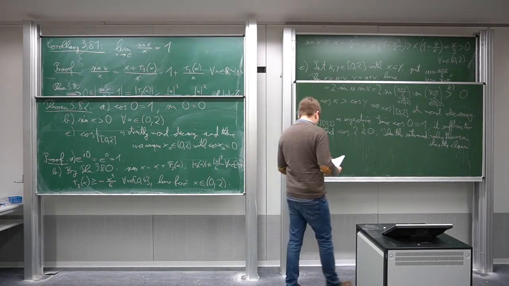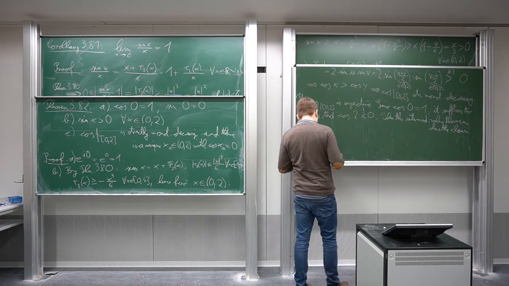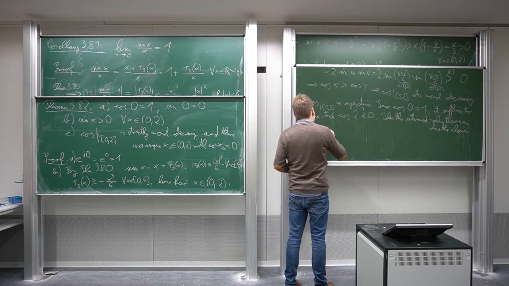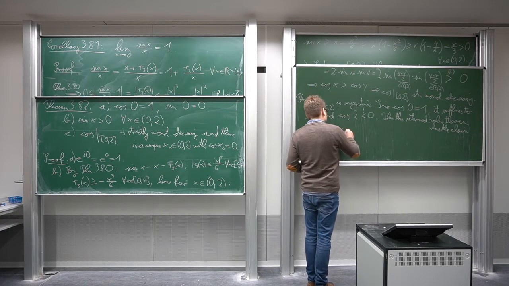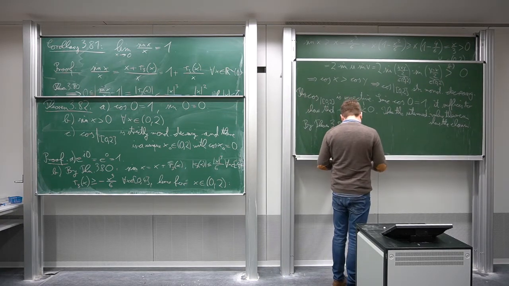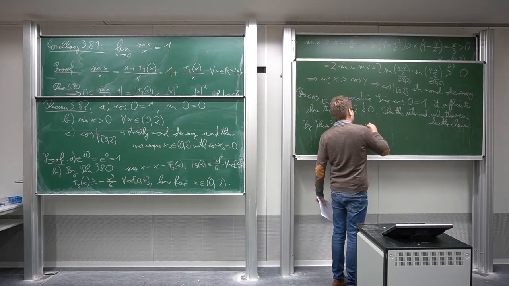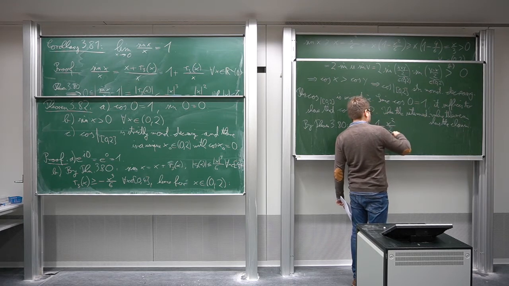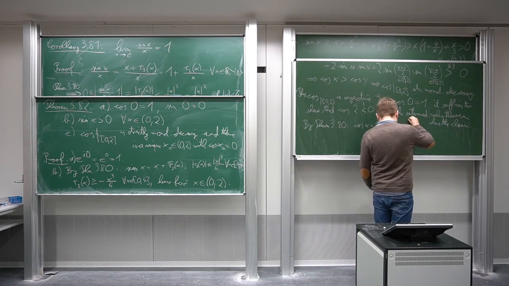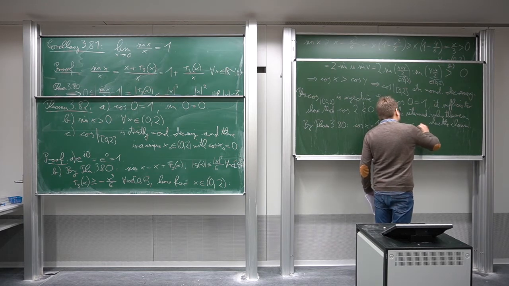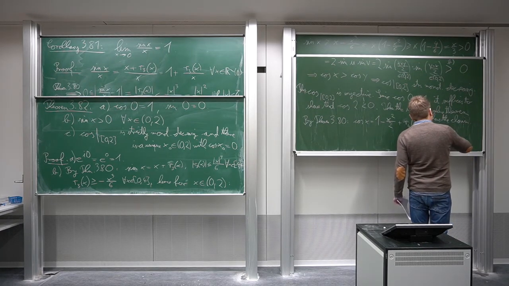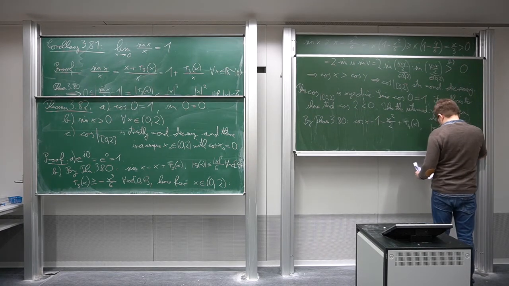Okay, so how do we do this? We again make a nice estimate, because we again use theorem 380. By theorem 380, we've seen that cosine of x is, and now we expand, only two summands, this is enough: 1 minus x squared over 2, plus some remainder term, where this remainder term R4 of x satisfies that its absolute value is smaller than or equal to